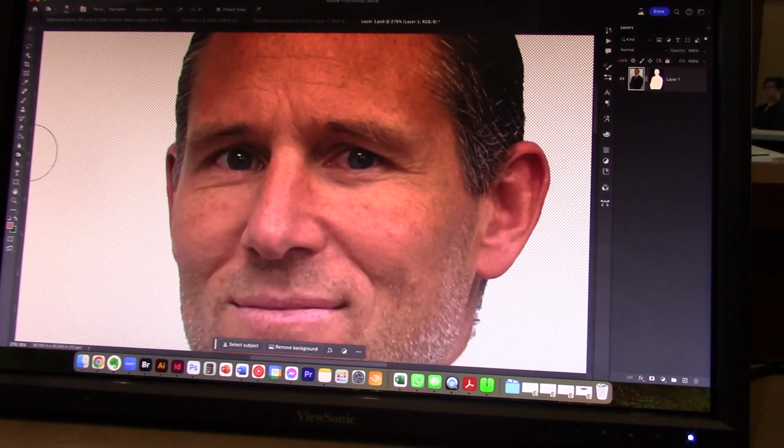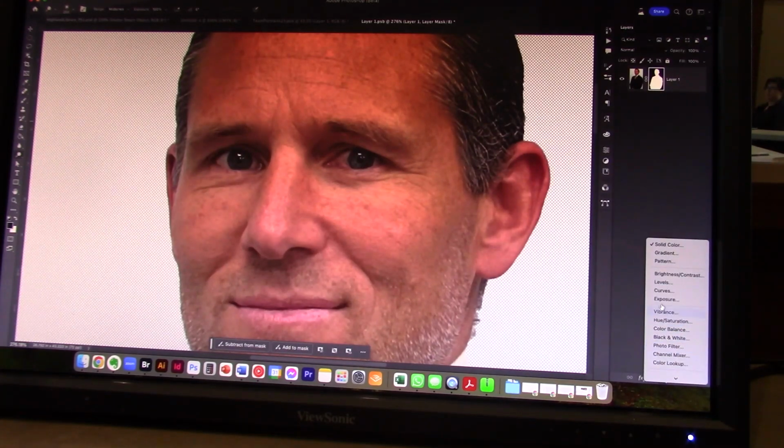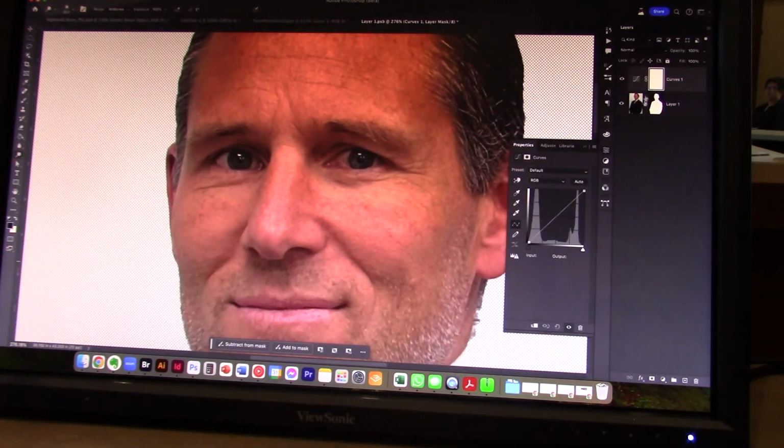Okay, the dodge tool is its opposite. So the dodge tool just lightens, brightens. Sometimes it's a great way to freshen things up, but again, that tool is a destructive way of doing what you can do with masks in a non-destructive way. So we're going to go into masks much more deeply next time, but for example, to do the same kind of thing, I might grab a curves, which allows me to,